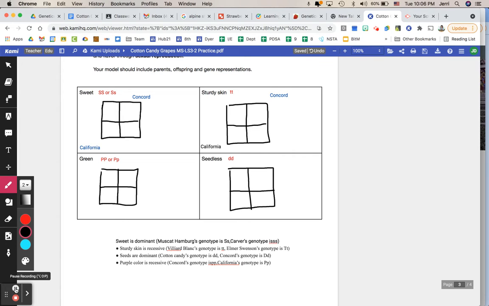Okay, so I've set up a few things for you already on this page. I just went ahead and copied this information about genotypes over onto the back page. You don't have this available, but you can take a look at it here. And I've also set up Punnett squares, which is a really good way to include parents and offspring, and also